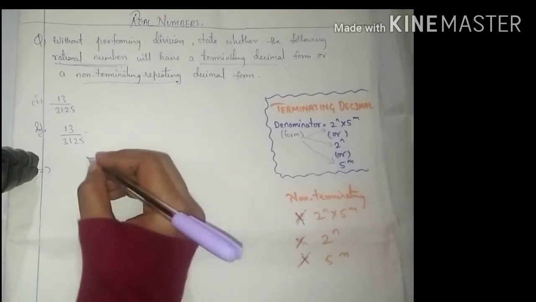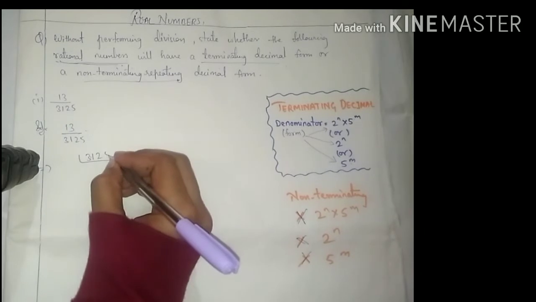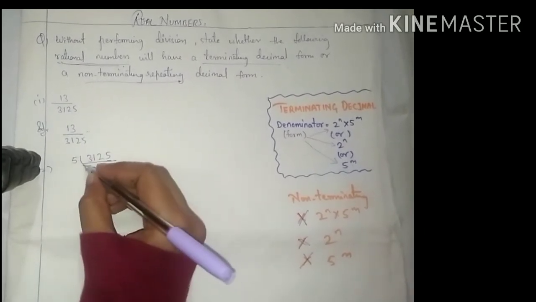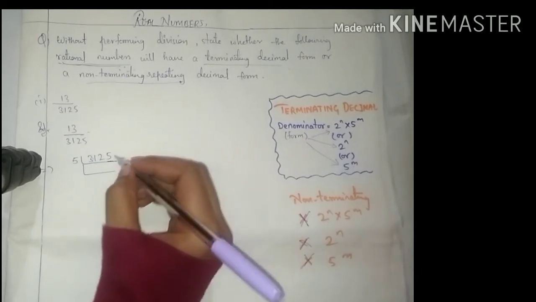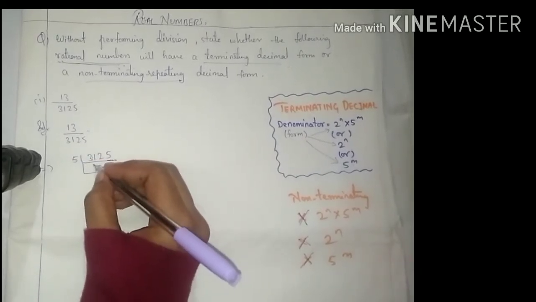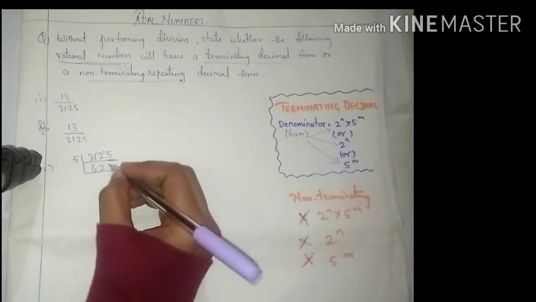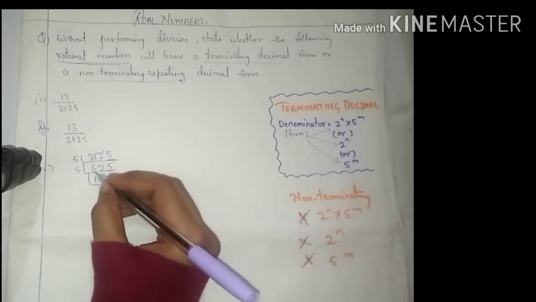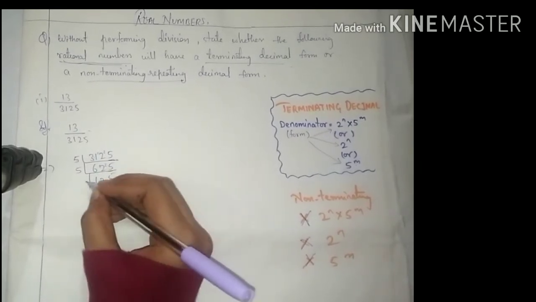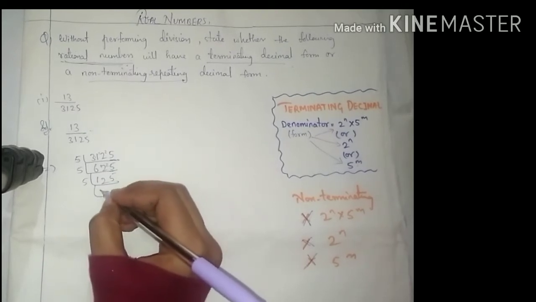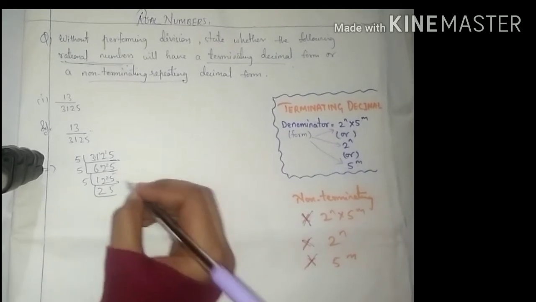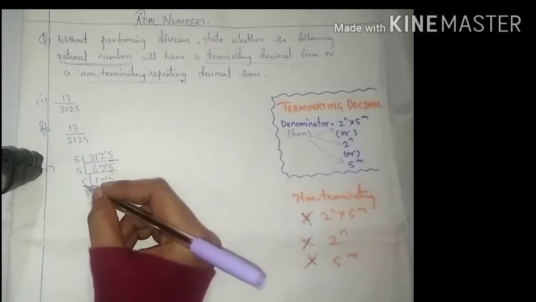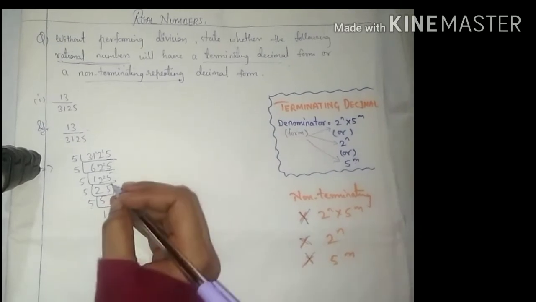So now I'll find the factors of 3125. Here you can see the digit at one's place, the last digit, is 5, so it is divisible by 5. So 5 is a factor. 5 6s are 30, 1 remaining, 5 2s are 10, 2 remaining, 5 5s are 25. Now again the last digit is 5. 5 1s are 5, 1 remaining, 5 2s are 10, 2 remaining, 5 5s are 25, then 5 2s are 10, 2 remaining, 5 5s are 25, 5 5s are 25, 5 1s are 5. So here we got the factor 5.